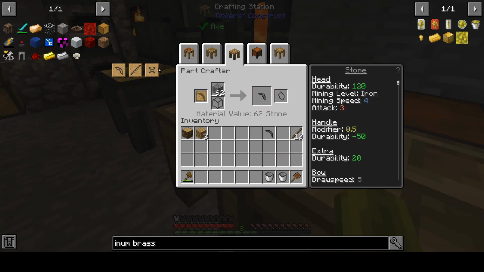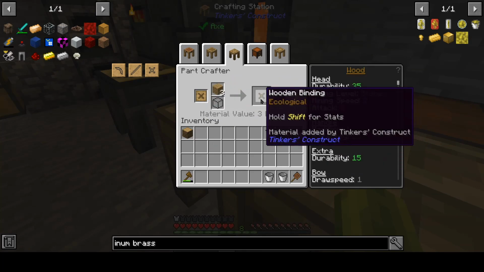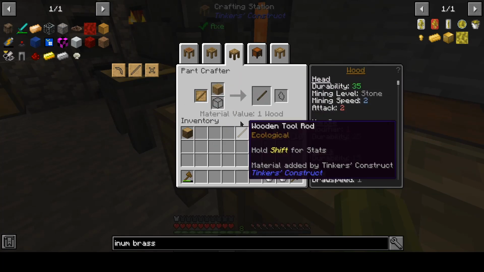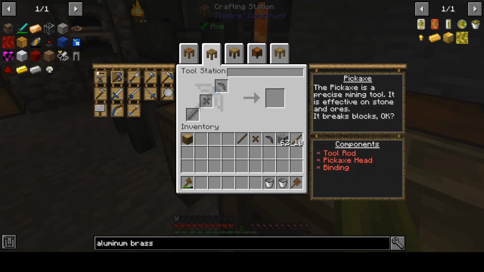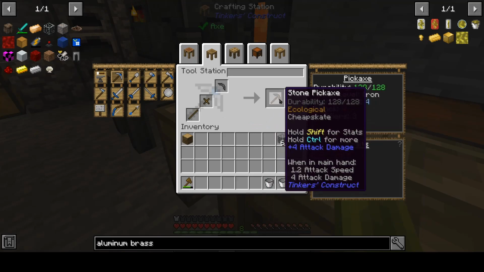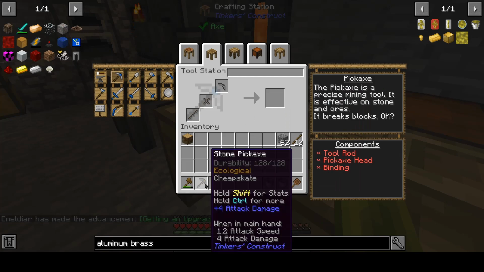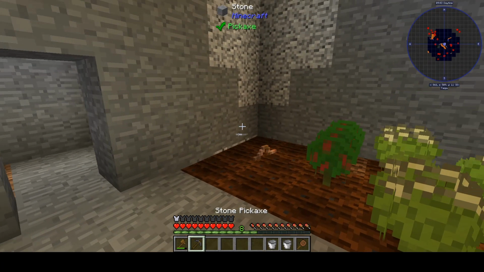So that's that piece. The binding, we're probably going to make out of wood. And then the tool rod, we will also make out of wood. Then we go over to the tool station. We put all the pieces in, and we have a stone pickaxe. Now, this isn't super useful to us because we can already break things at a stone tool level, and its mining speed is only 4. So if I go over here and mine with it,